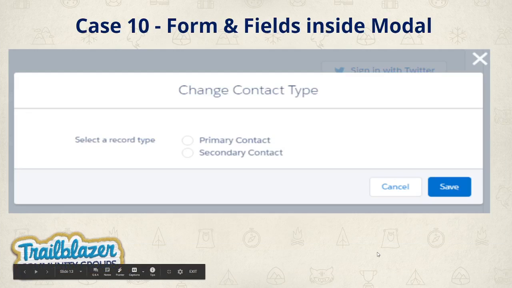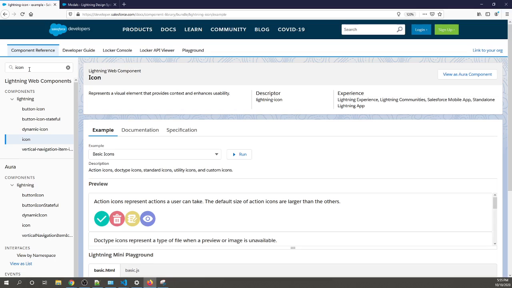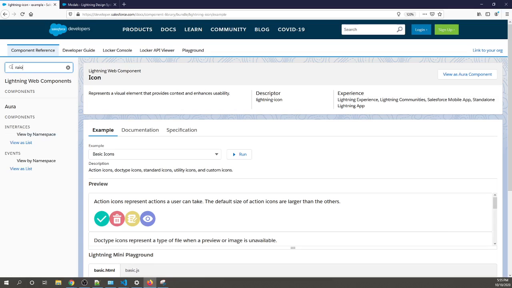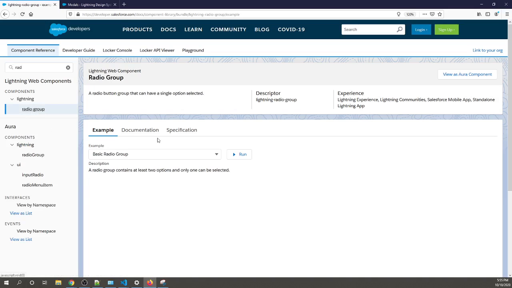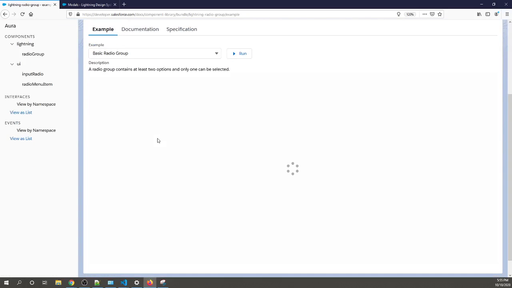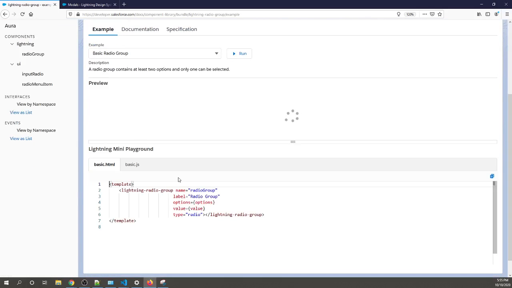Let's go to the last option, that is to include the form inside. That is also very easy because we are already handling everything from the parent side. I want the buttons, so I'll quickly go to my library, and here I'll check radio. These are the radio group, so I'll take the radio group. I'm going to copy paste this code that they show us. I'll say okay, you have the code. I'll copy this,